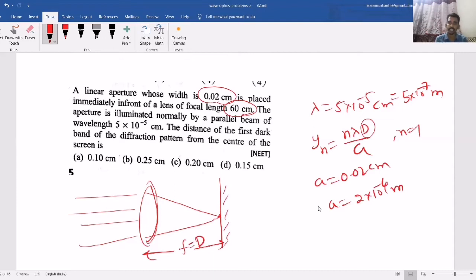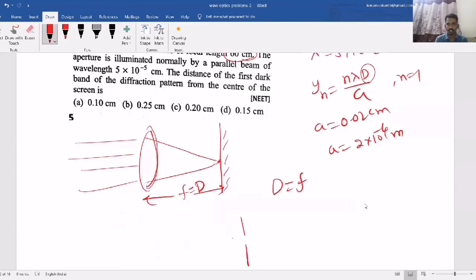So that is the indirect data they have given. Whenever they are telling in a diffraction based question like they are using a convex lens, focal length means you have to understand that focal length is equal to capital D value. That means the slit and screen distance. If there is a slit and here they will arrange one lens so that at the focal length they will focus, that means capital D should be equal to F. Now the F value they have given, that only will become capital D. Then you can find Yn where n equal to 1 because they are asking the first one.